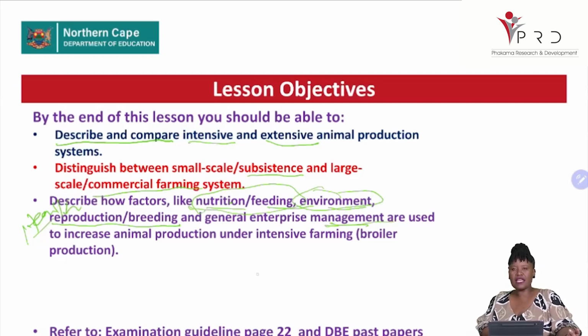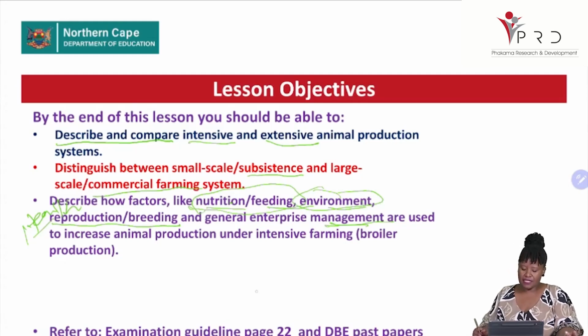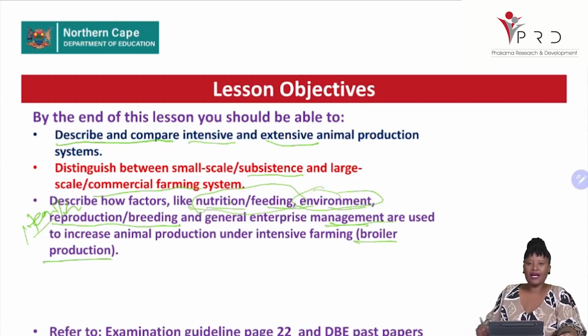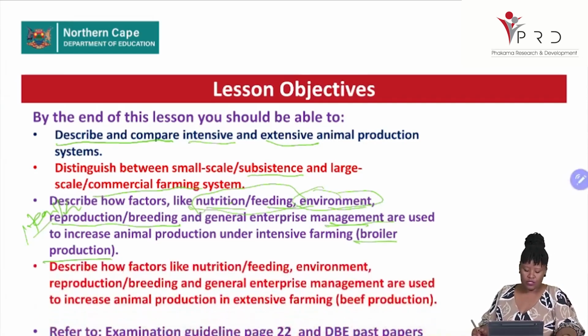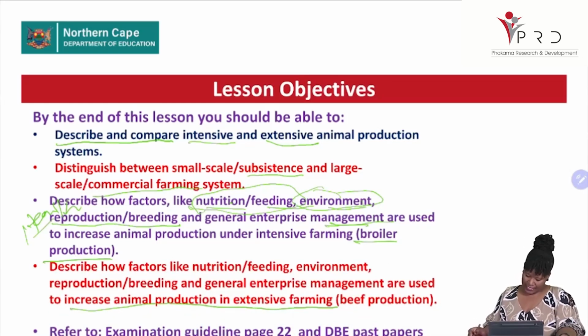All these need to be managed in order to increase animal production under intensive and also under extensive systems. The animals kept in intensive systems, we are looking at broiler production. You're still going to use the same factors, but now to increase animal production in extensive farming, where the focus is on